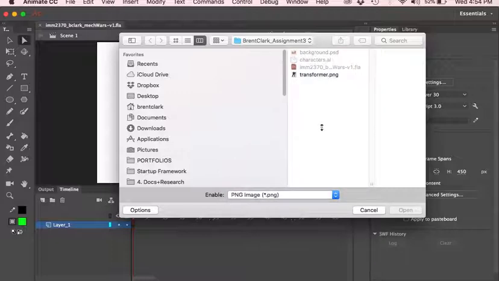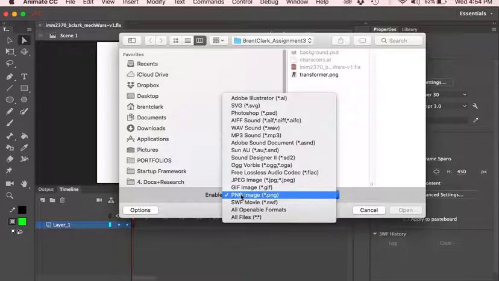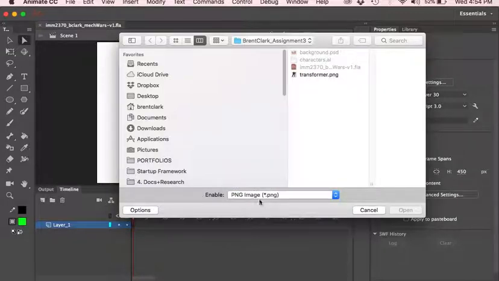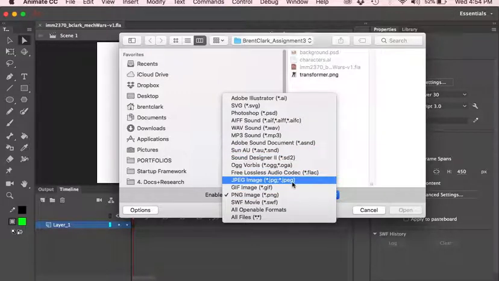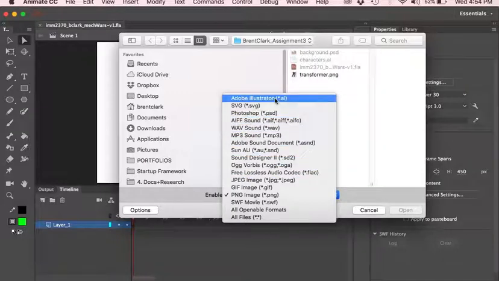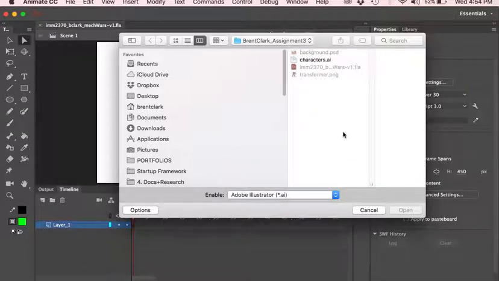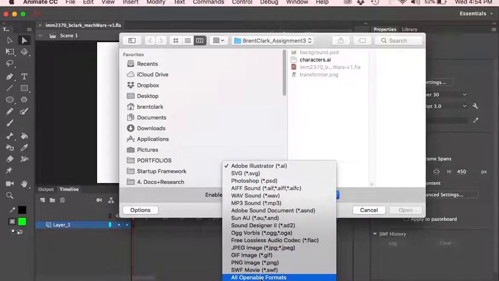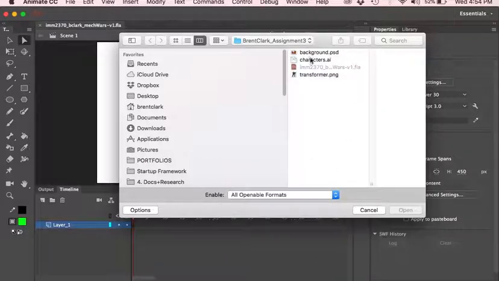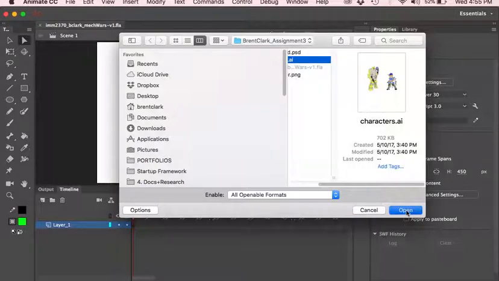Sometimes you might see that it's grayed out, and what you want to do is make sure down where it has the image file, the dot whatever, PNG, .gif, these are file extensions. So you want something that says .ai, because we're going to open up an Illustrator file. Also, you can do something at the bottom where it has all files or all openable formats. That way you can see all of them if you want. So let's choose our characters,